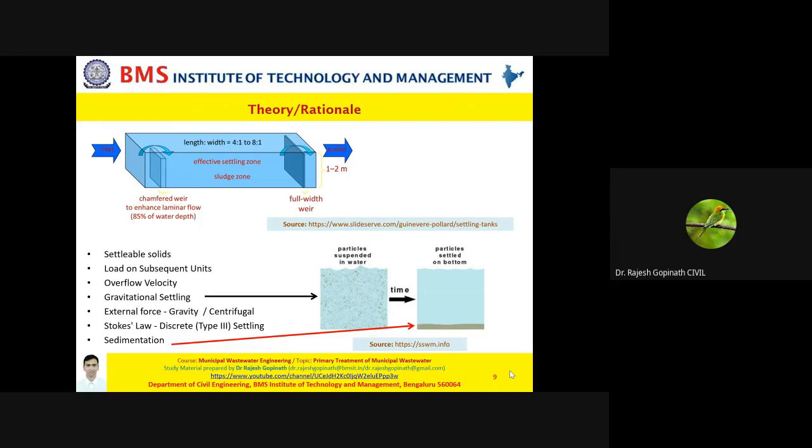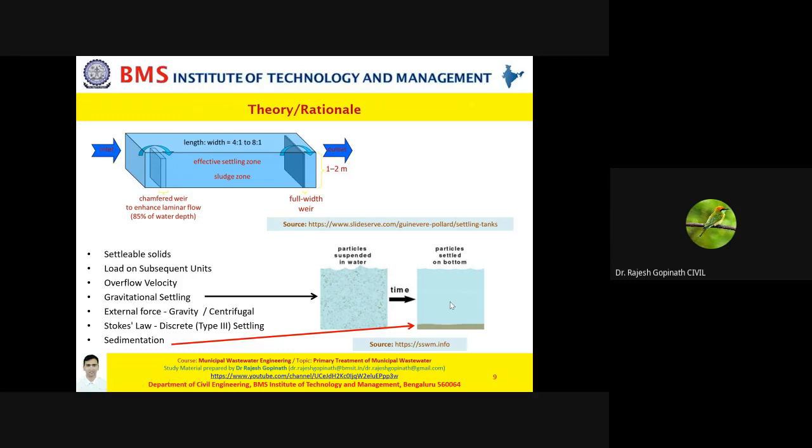All right, and we should also remember that there is a basic difference between settling and sedimentation. Settling is a process wherein the suspended solids or settleable solids are falling down freely due to the influence of gravitation. And sedimentation is a process wherein these settled solids get sedimented due to the overlying weight of the falling settleable solids or the existing fallen settleable solids. Eventually they get compressed, and this is what results in the formation of sludge.